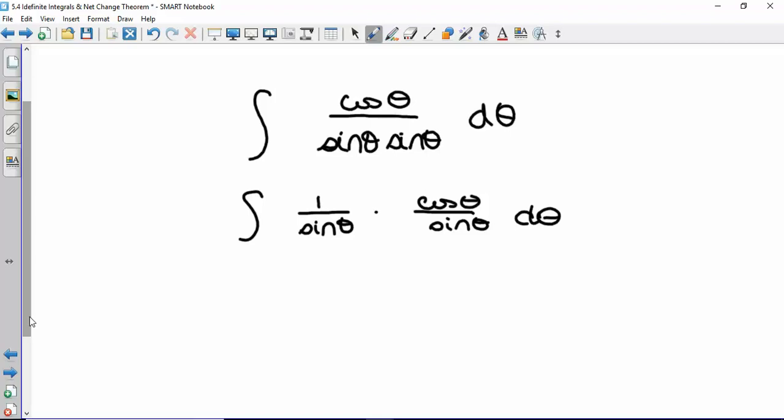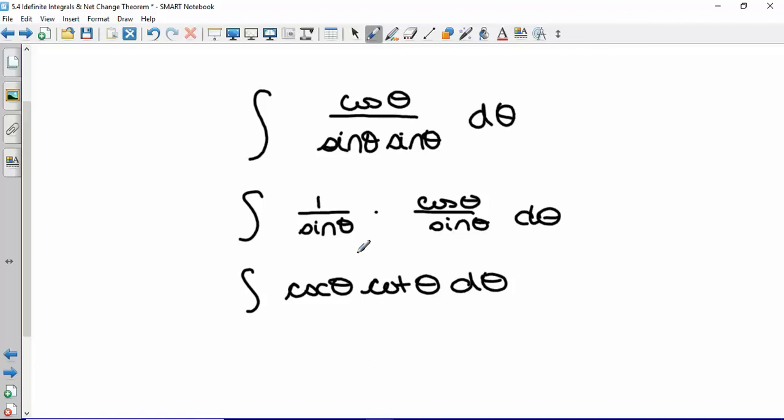What's 1 over sine? Cosecant. What's cosine over sine? Cotangent. Okay, so all I did was rewrite my quotient as a product, but do we know of anything that